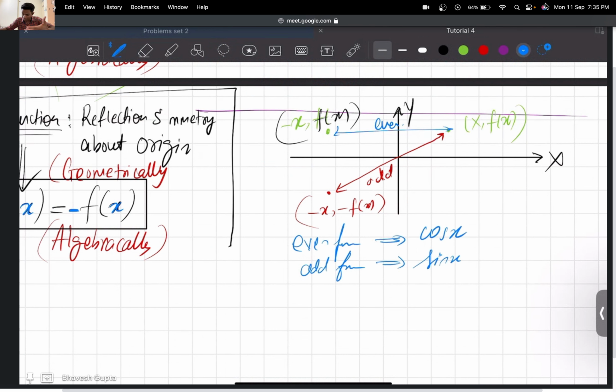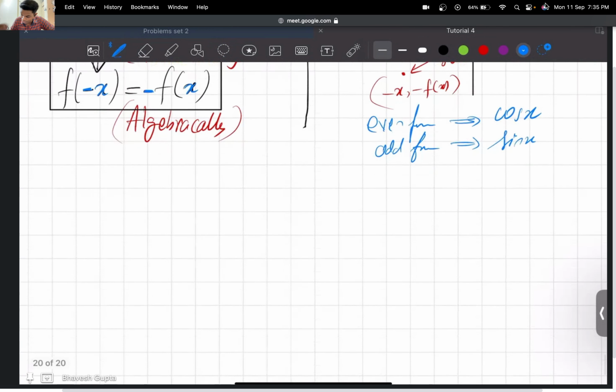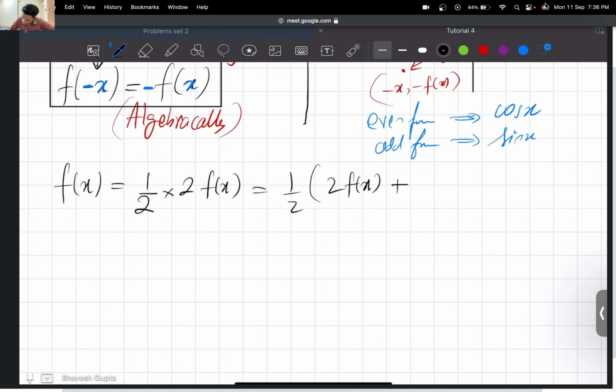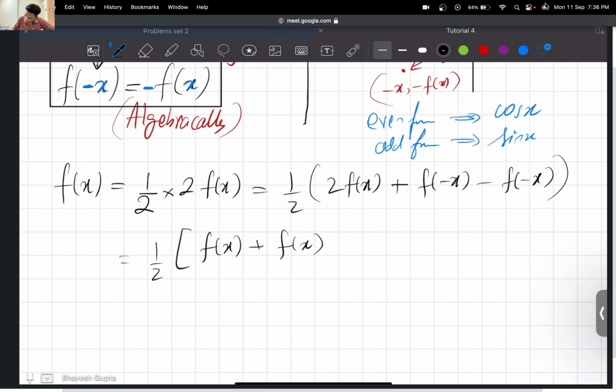Now the claim I'm going to tell you is a very important claim. You should never forget this claim. The claim is very simple: any function can be written as the sum of an even function and an odd function, always. How can we do that? Because I can always do this: half times, we'll do this multiplication and division of 2, and what we'll do again, we will add and subtract f of minus x, and what happens next, we have this f of x plus f of minus x,